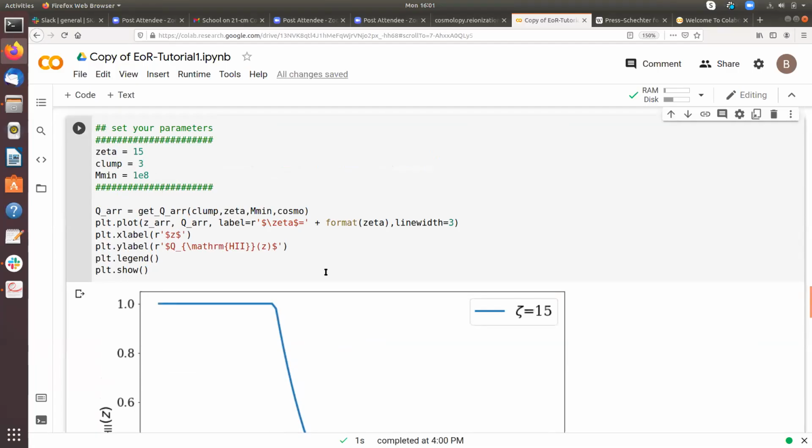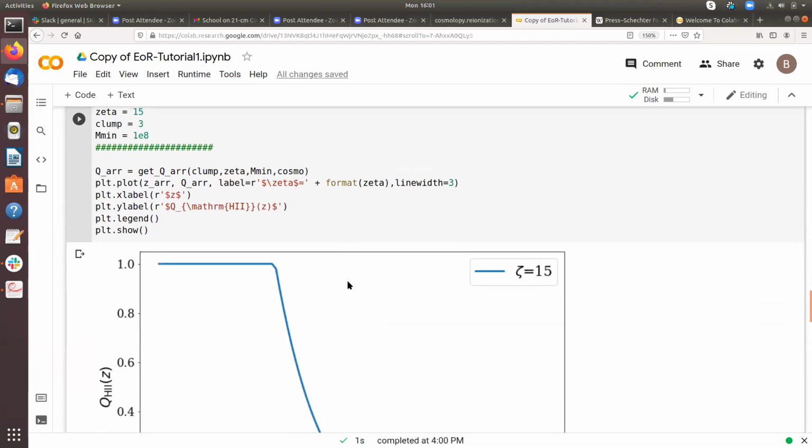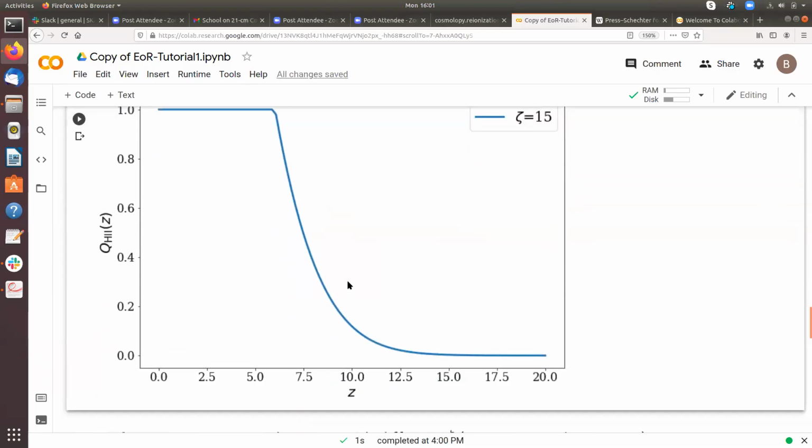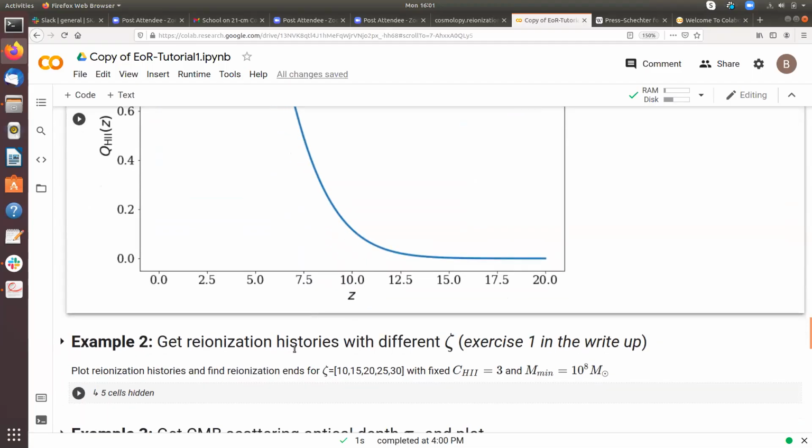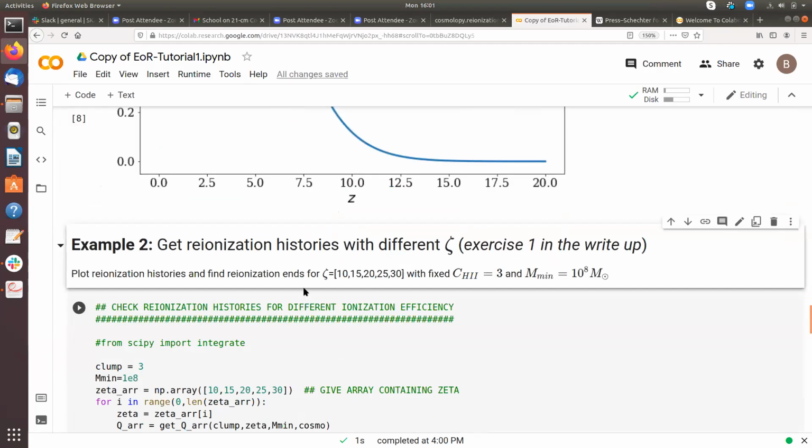Now we need to check how this process goes for different parameters. So I'll show one example, and you can try the other ones. The first example is the first exercise which I have put in that PDF write-up which I have shown earlier. Here we want to plot the reionization histories for 5 different ionizing efficiency parameters: 10, 15, 20, 25, 30.